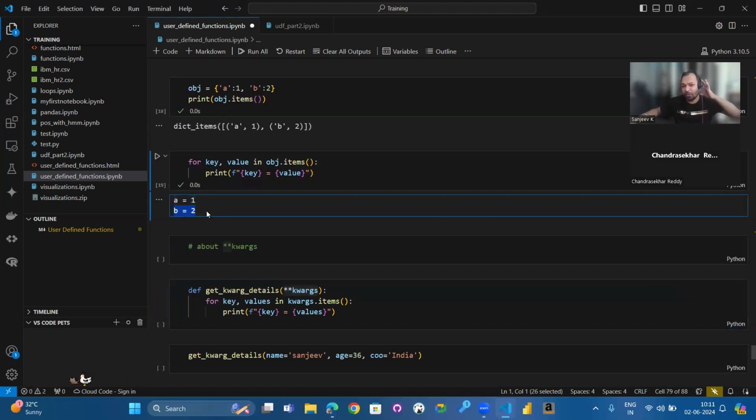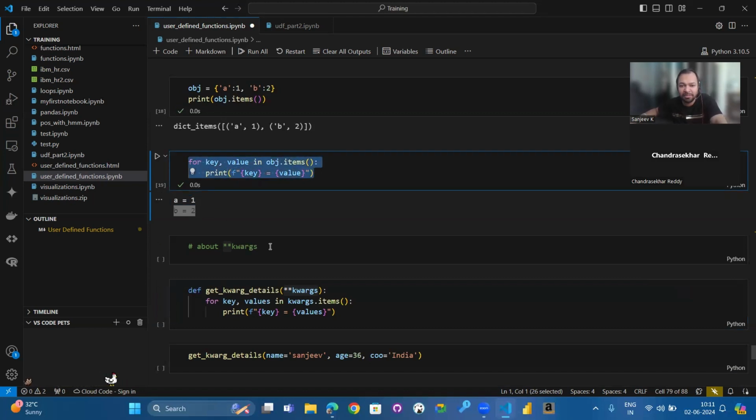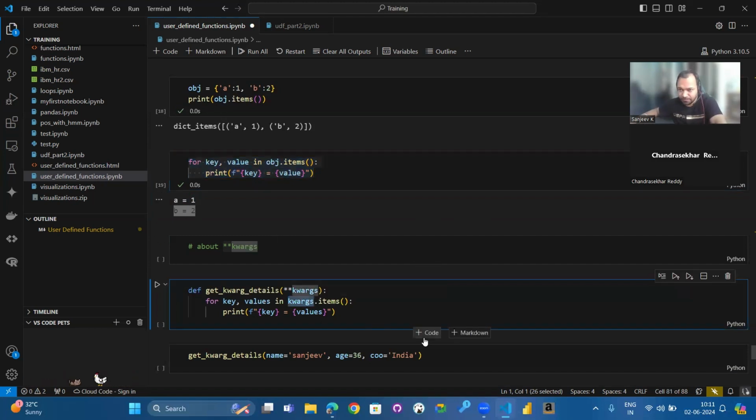Then I would handle it the same way you saw here: key, comma, value, and object dot items. The same thing I'll do here, but instead of dictionary, I'll put kwargs. It is as simple as that. So you can imagine that when you send it as keyword arguments, internally it behaves like a dictionary.